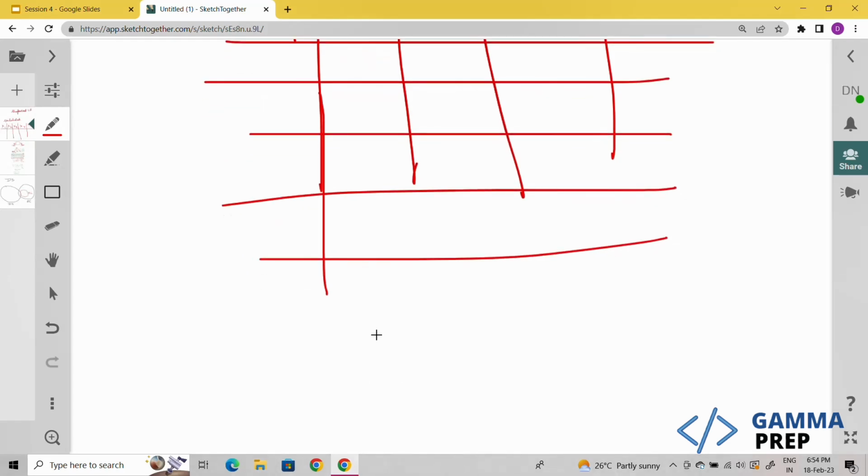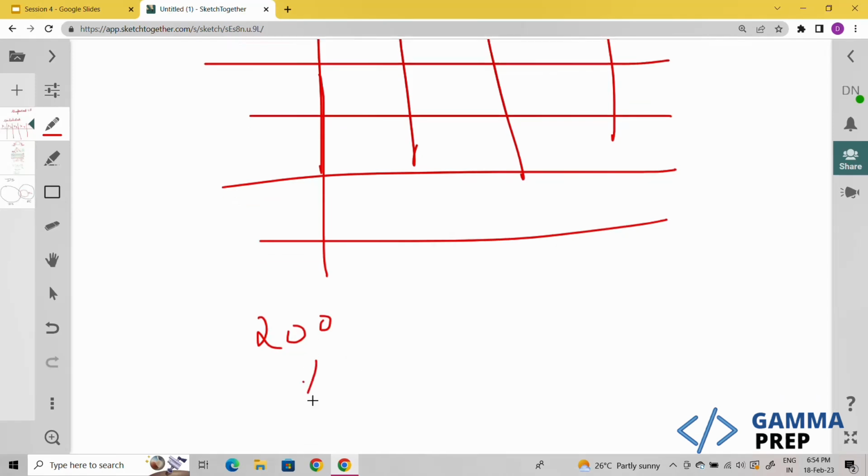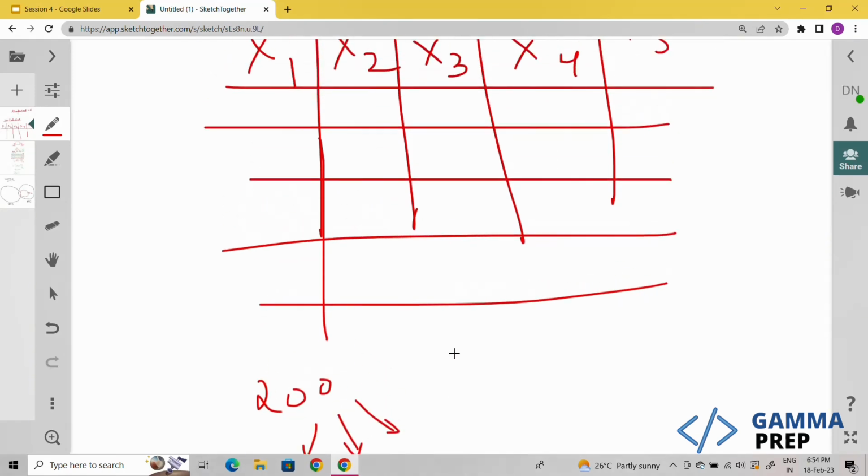Now what we are trying to do is divide them into 3 batches, because obviously, let's say there are 200 students and we can't teach all of them together. So we are trying to put similar students in one batch and dissimilar students in different batches. So we are trying to divide 200 students into 3 batches, or you can say 3 clusters, and similar people will be in the same batch, dissimilar people will be in different batches.